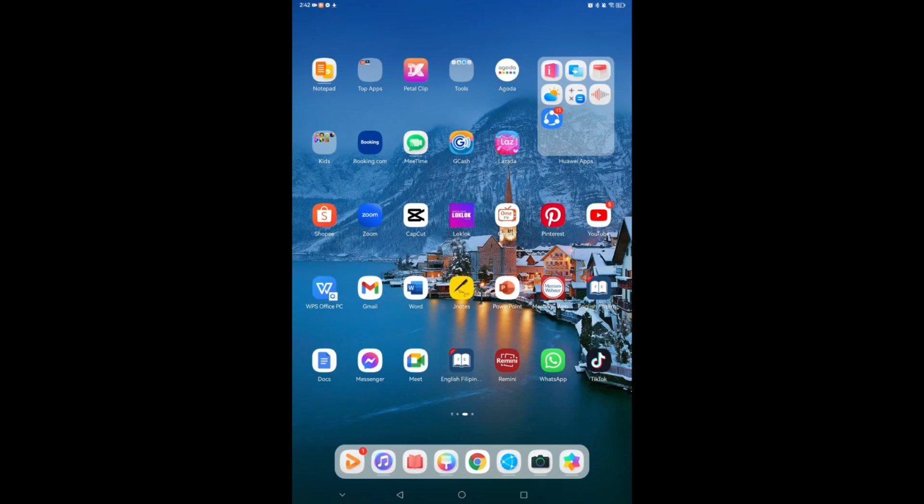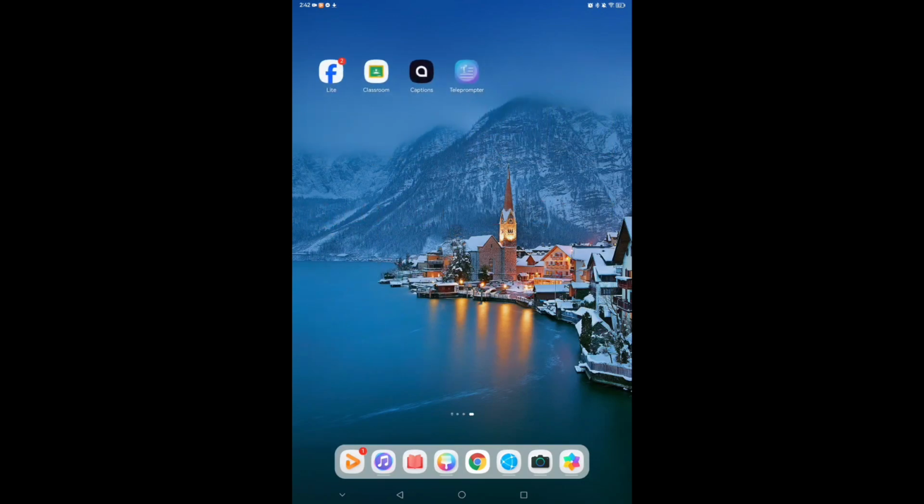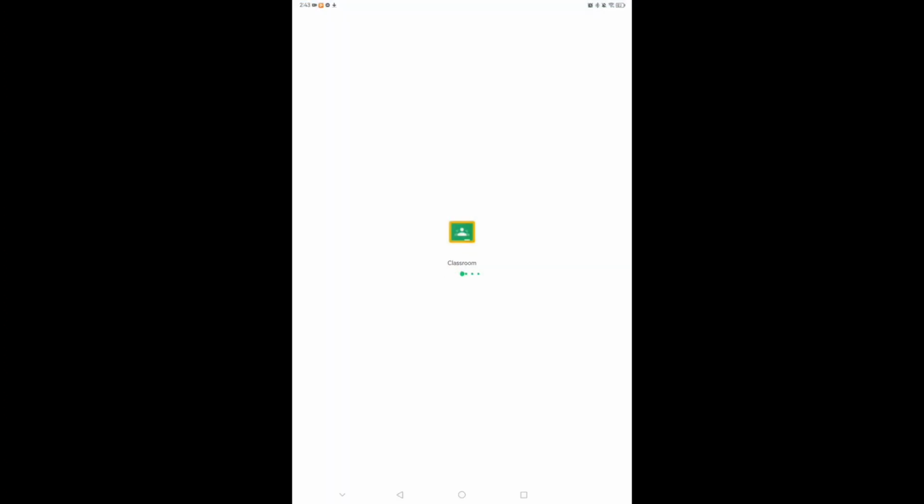And now let's discuss how to use Google Classroom. First, of course, you have to download Google Classroom like this. And if you already have Google Classroom, just tap the Google Classroom. And then if you are a teacher,